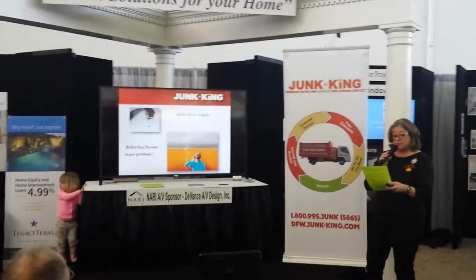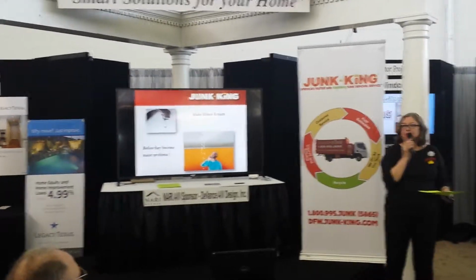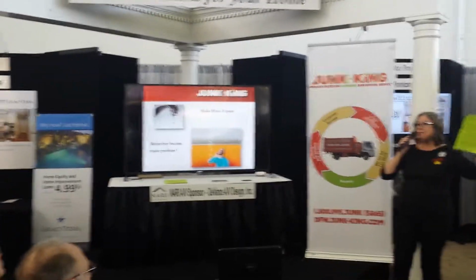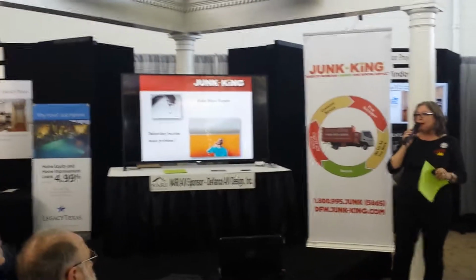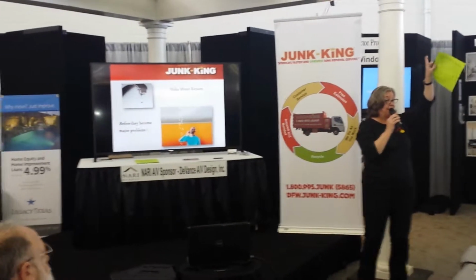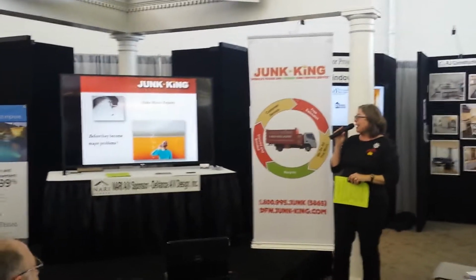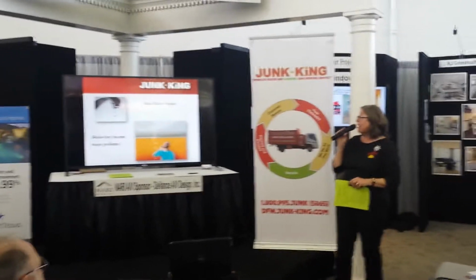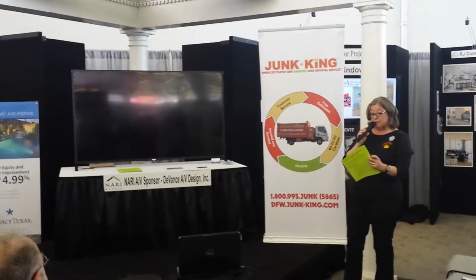Fixing leaky faucets, doors that don't close, replace those burned out light bulbs. Now that's a simple thing, but you think about it. One of the things when you sell your house, the real estate agents tell you to turn on every light, make everything really nice and really bright so that it just feels bright and light inside your house. But if you have bulbs that are burned out, those recessed canned lights that are a little pain in the neck to get to, you need to have somebody, a handyman or your child or your neighbor, come in and fix that simple little light bulb. Making minor repairs is a little something that